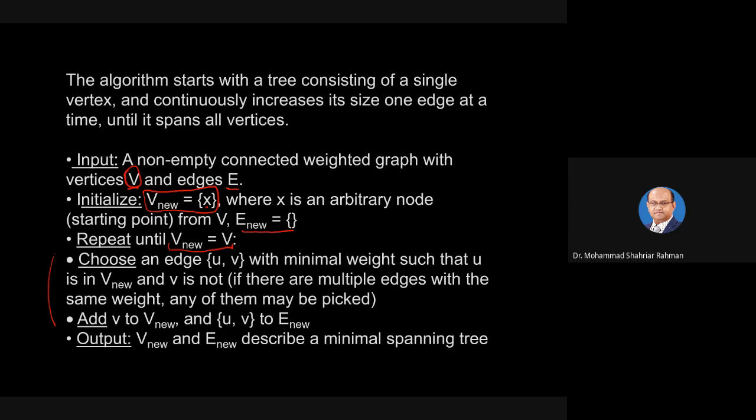V থেকে V new চলে আসবে। So we choose an edge uv with minimal weight such that u is in V new but v is not।